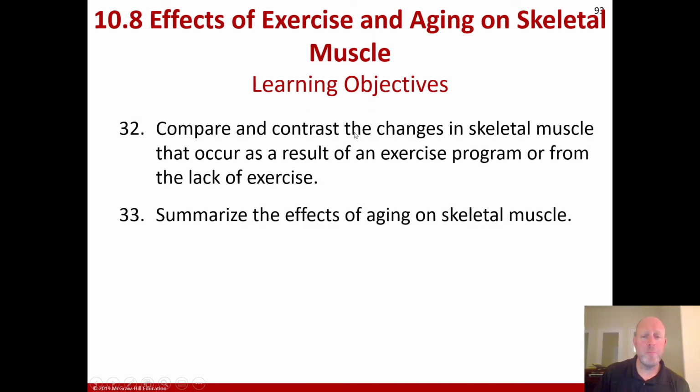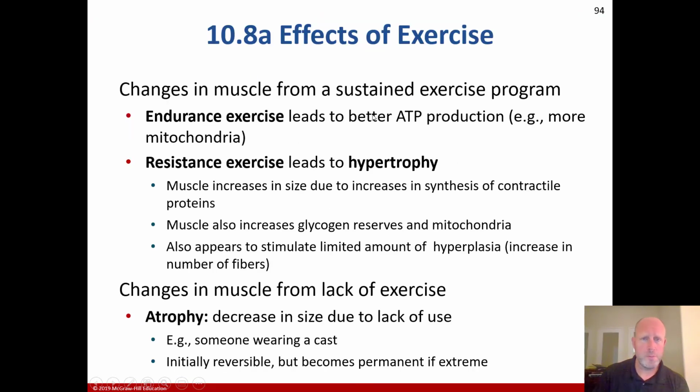Learning objectives here: you must compare and contrast the changes in skeletal muscle that occur as a result of an exercise program or from the lack of exercise, and summarize the effects of aging on skeletal muscle. Well, the changes in muscle from a sustained exercise program: endurance exercise leads to better ATP production, more mitochondria, and a greater number of functioning type 1 muscle fibers. And so you're going to have capacity to produce more force because you have more type 1 fibers, and consequently higher red blood cell content, higher hemoglobin content,